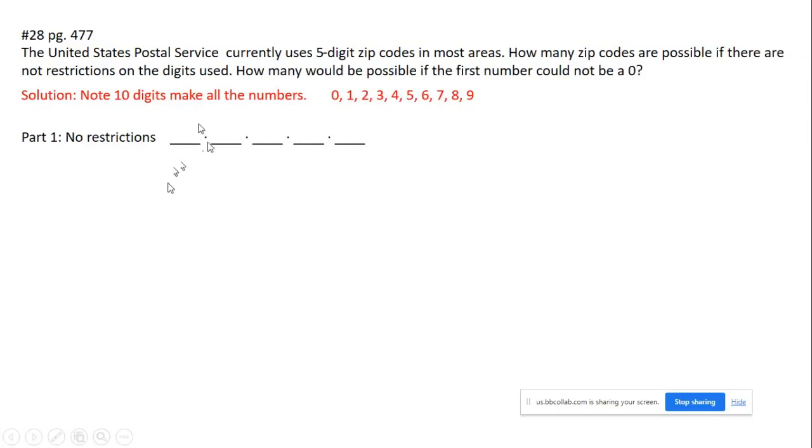The zip codes only have 5 digits, so I only have 5 slots. Okay, so let's answer the first part. There's no restriction on the digits that we can use. So for instance, if there's no restriction for a